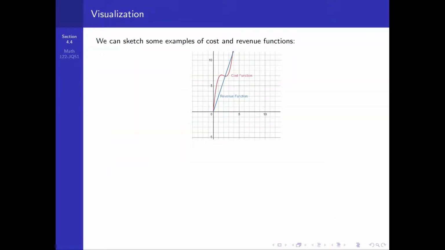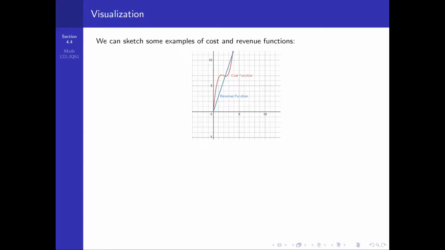Okay, so how can we visualize some of these things that are going on? Well, I have a graph here, and in the graph, I have a cost function, which is in red, and I have a revenue function in blue. Let's see if we can interpret what the profit function means, and where I can look for the maximal profit between these